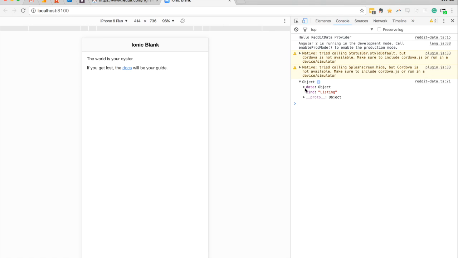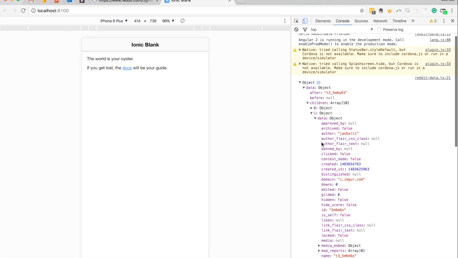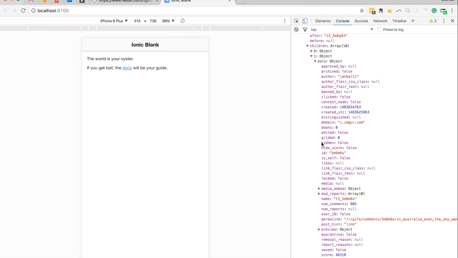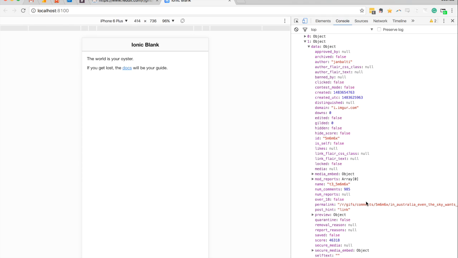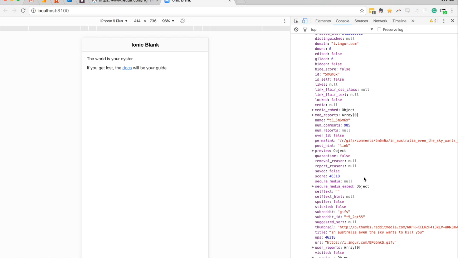If we expand this out now, we can see we have that listing value there. And if we expand data, we can see all of that. We can then see the children array, and we can see a bunch of objects in there with some more data, and this is each individual post in the GIF subreddit. So now we can start to see things like the permalink and different information about that post. And down here we even have the actual